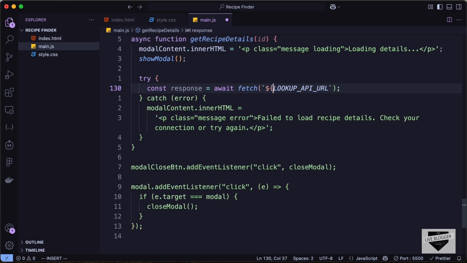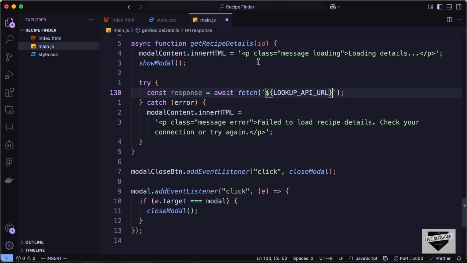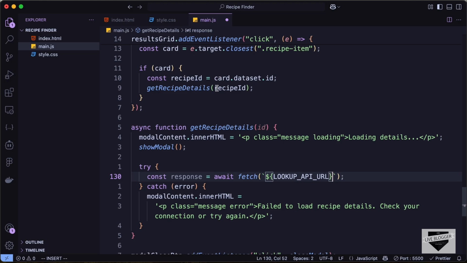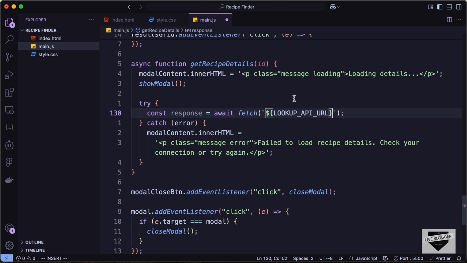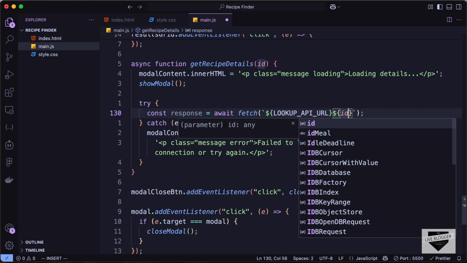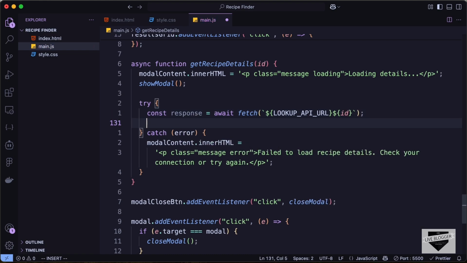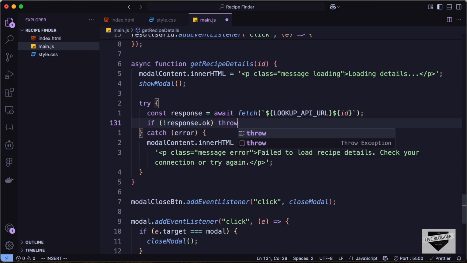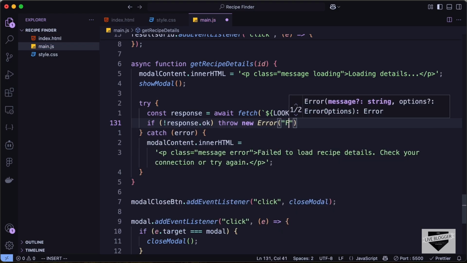So just type `${` curly braces, and at the end we also need to append the ID. So we are getting the ID over here from this function call. So let's pass the ID over here as well. So let's type `${id}`, and here let's go ahead and check if we have a valid response. So let's type if !response.ok, then we'll just throw a new error, and let's type failed to fetch recipe